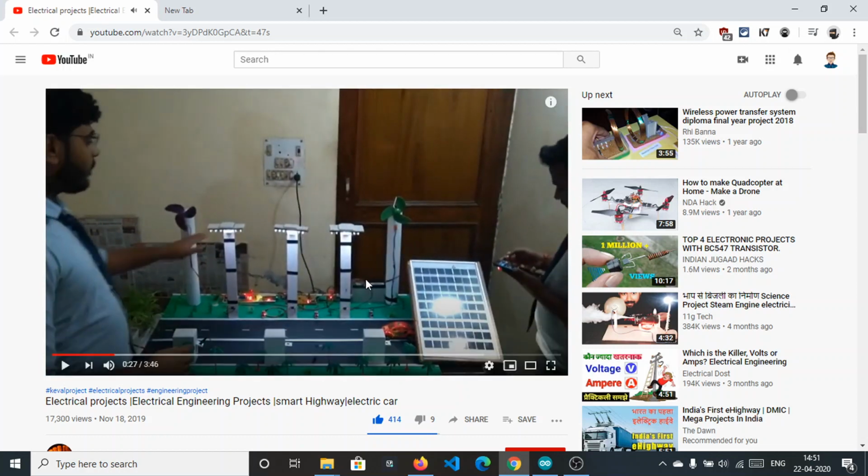And the energy which is stored here is used by three sources. The first source is the smart street light system, these three, as you can see here, the electric poles on the highway. The second one is the charging system on the roads, as you can see here, these three. And the third one is the irrigation system right beside this. These three sources are utilizing this energy, and these sources are very efficient, and this project is very good. You can watch it later.